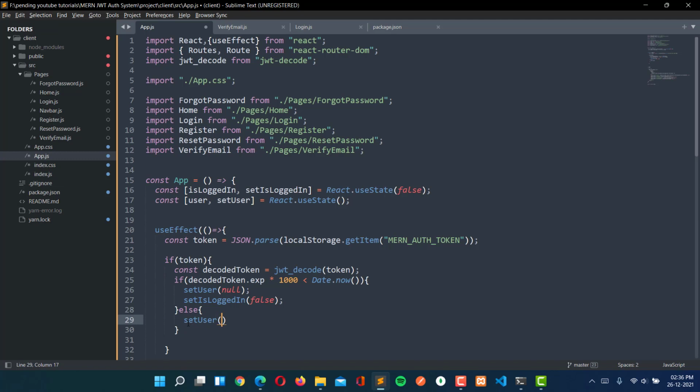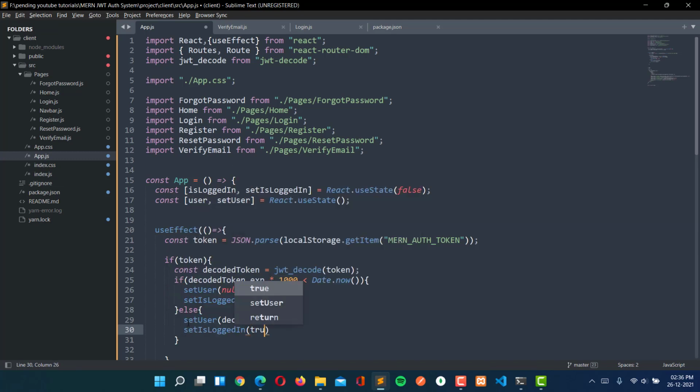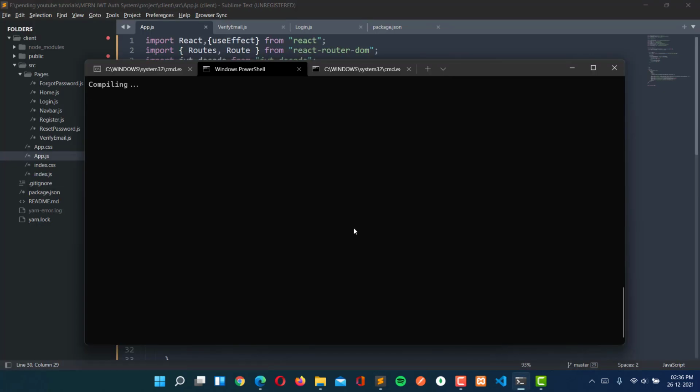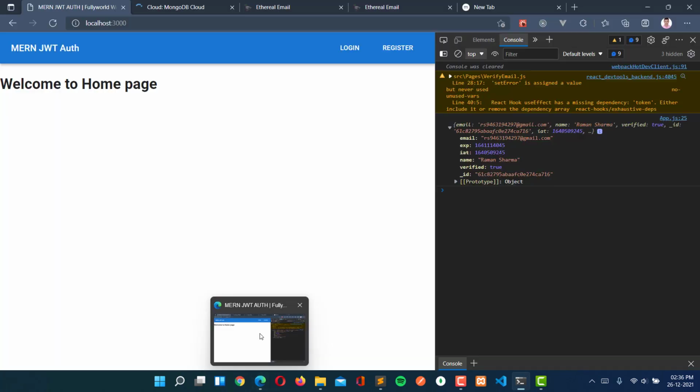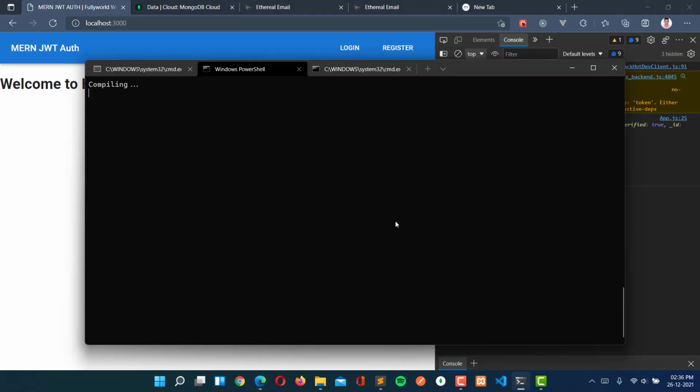So we will set user to the decoded token, and then we are going to set isLoggedIn to true here. So it will be true. Just save this and let's wait for its compilation. It will take a little time for the compilation, and we will see the changes here.